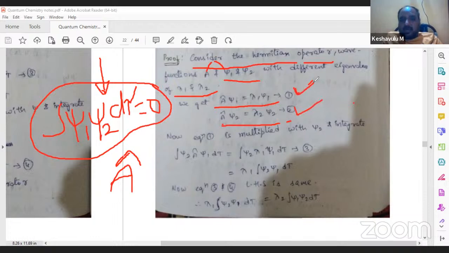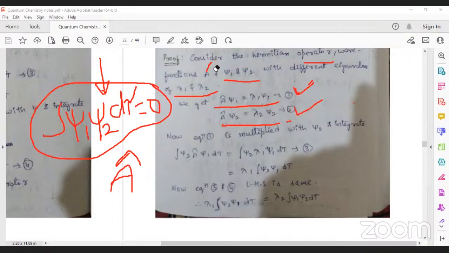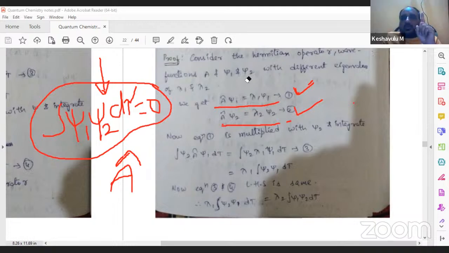Is it clear up to here? Single operator is there, two wave functions are there. If the operator operates on one wave function, we get one eigenvalue, that is lambda 1. If the operator operates on another wave function, we get another eigenvalue, that is lambda 2. These are the two equations. So when we know these two equations,